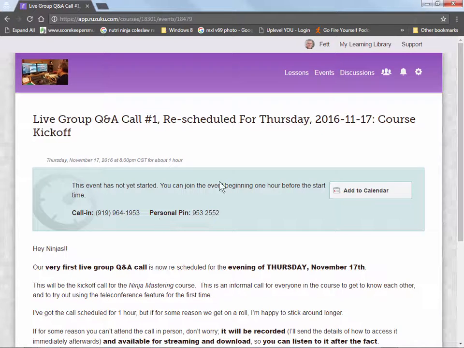Then when the call starts, the screen changes to actually show the contents of the call, and when it's finished, I will release the recording of the call, the really good high-quality MP3 recording of the entire audio conversation, as well as the slides that I used during the call, if there were any, as a PDF file. So you can download that MP3, you can download that PDF file, and you can actually follow through online. You can stream the audio and manually go through the slides as I talk through them on the call,